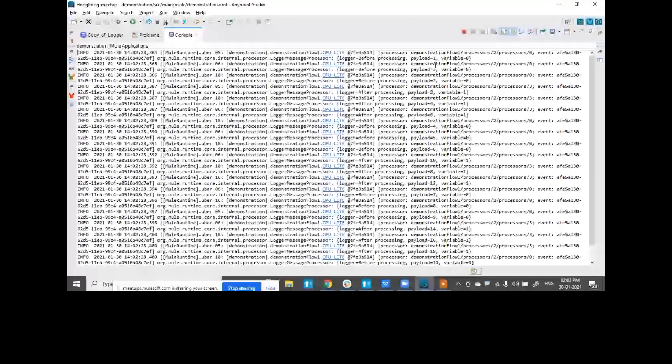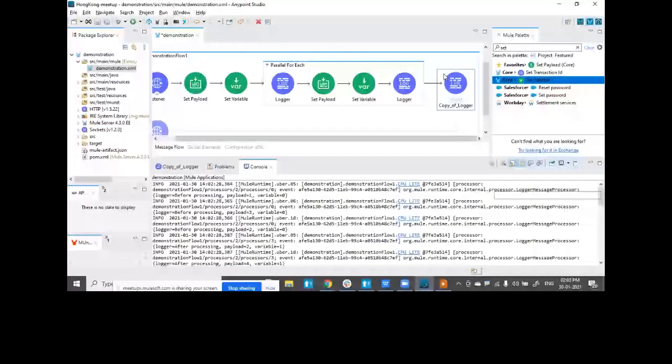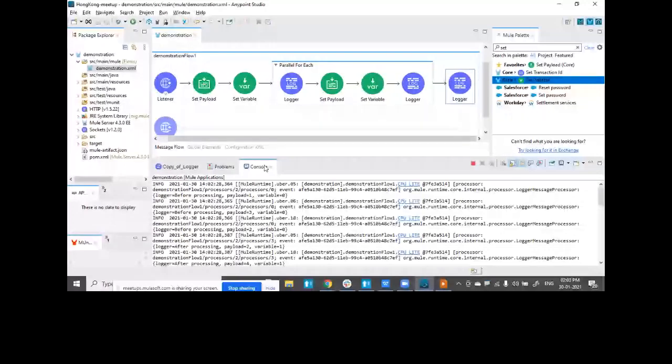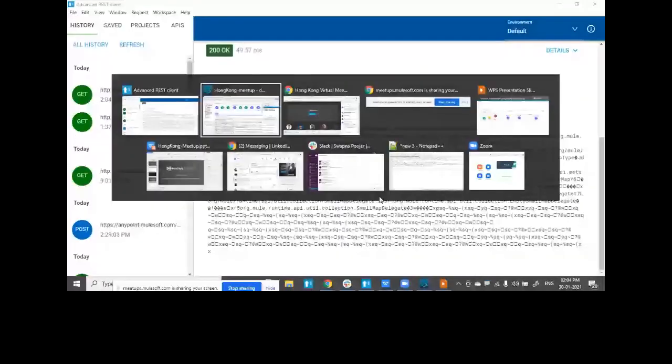Let's see now the final thing: if I move outside the parallel for each, what will be the impact on payload or the variable value? Now, keeping this as the base is our actual logic coming into picture. This is where we will understand a few more additional configurations. If I invoke this, if I observe my console, rest everything remains the same.